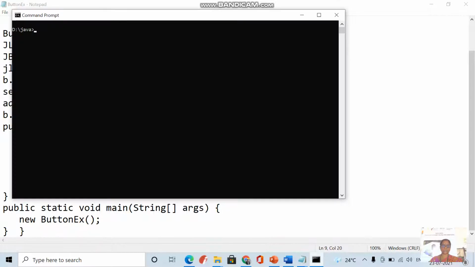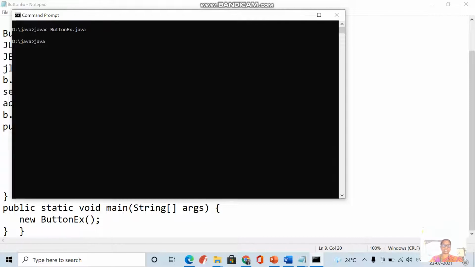Now when I'm executing, first we need to compile the program. So for compilation, we need to use the command javac ButtonEx.java. It's now being compiled.